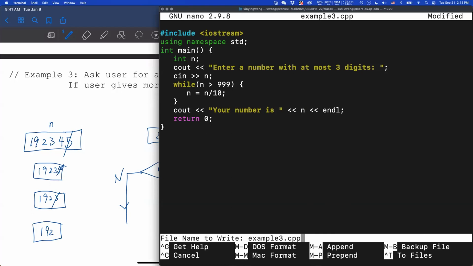I see people say, do we need brackets in the while statement if we only have one command? You don't need it, but there's nothing wrong if you put it there, just in case later you want to add one or two more instructions, so you won't forget the bracket. So it's always safe to put the bracket in. But if you only have one command, you don't need to have the bracket.